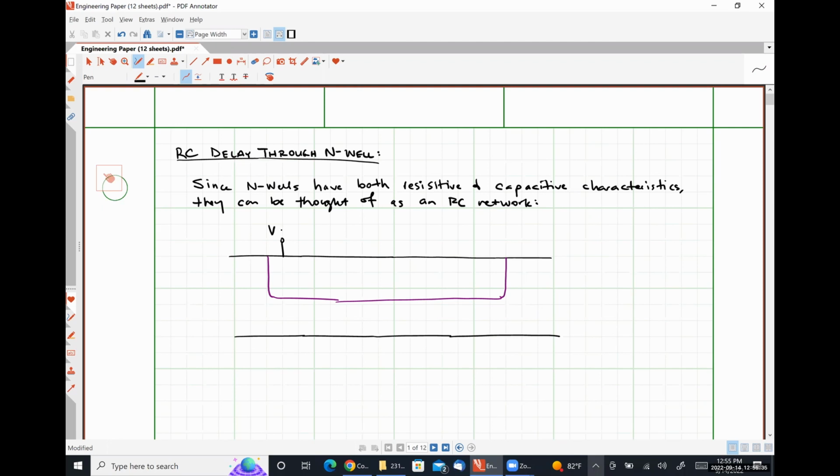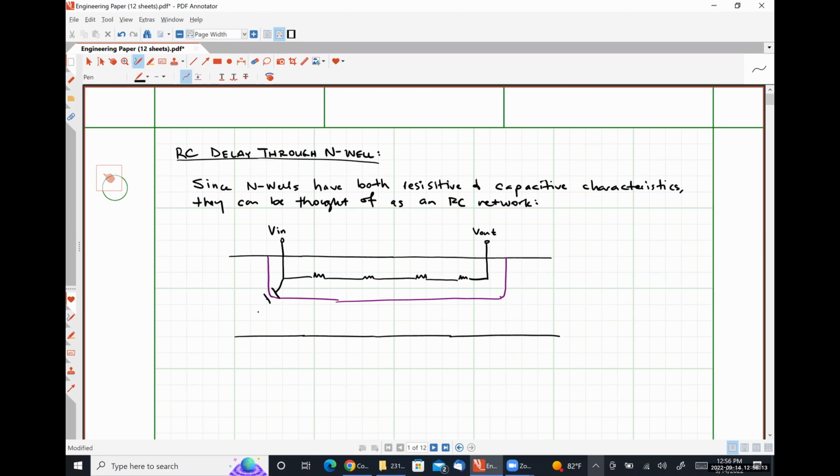So we'll just call the left-hand side the input port for this network, and the right-hand side the output port for this network. And as we move across our well, we have resistance, like so, and then